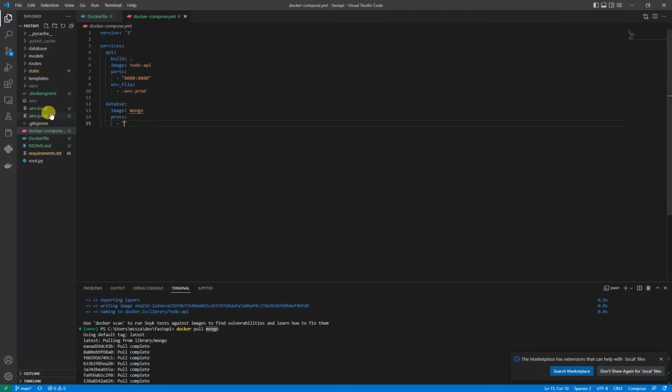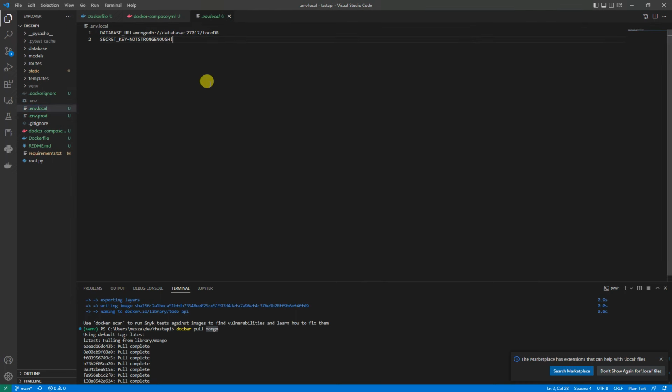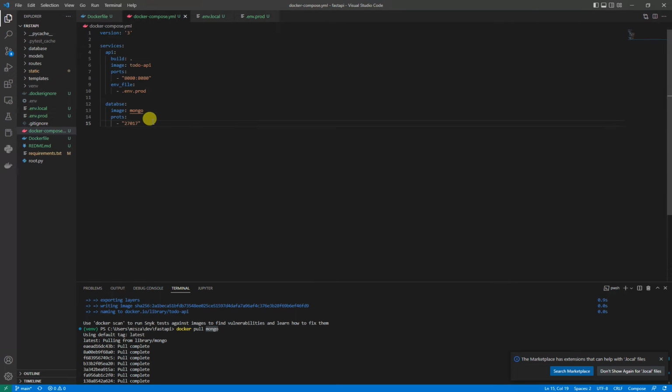MongoDB, as you know, works with port 27017. We can say we want to work with these ports,